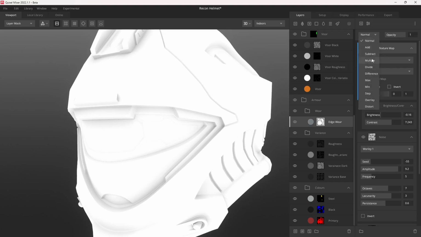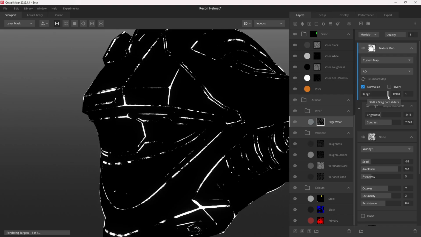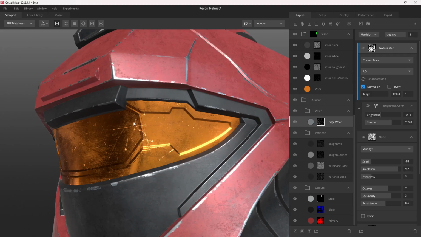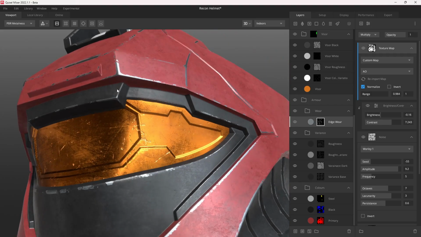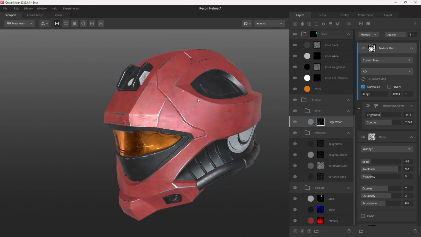And this is amazing because if we change this to multiply, what we can do is we can just start to bring up the range here. And if you look at the mask, as we bring it up, it just starts to erode some of the edge wear that's closer to any of the crevices on the model. So I think somewhere around here is good because, you know, it doesn't really make sense for anything to be having edge wear up there. We just really want the edge wear to be applied to the parts of the helmet that are more exposed